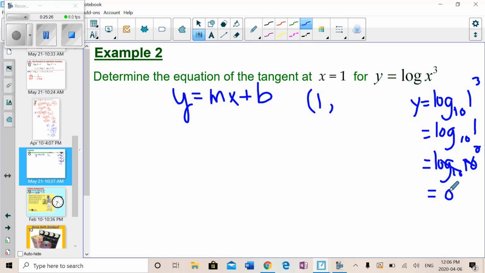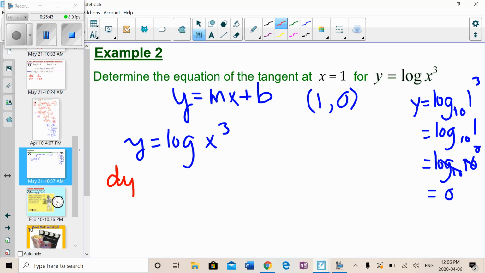So as far as having a point later on to sub in, we're going to have the point 1 comma 0 to sub in. And that will help us find the b. But for now, we're going to need to do the derivative. So y equals log of x cubed. So dy dx